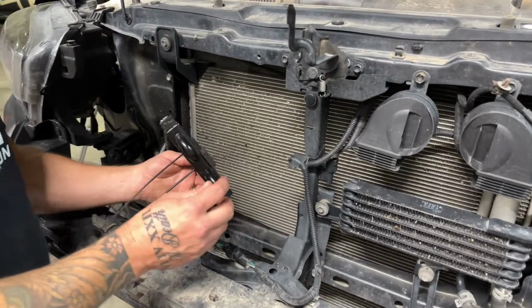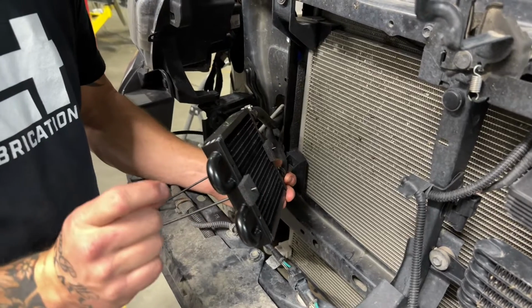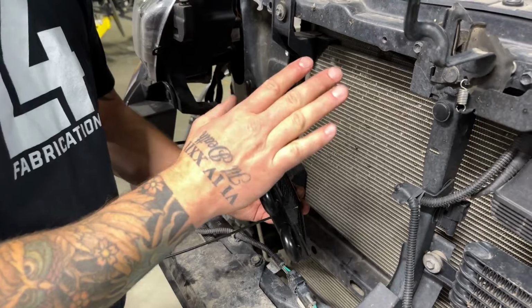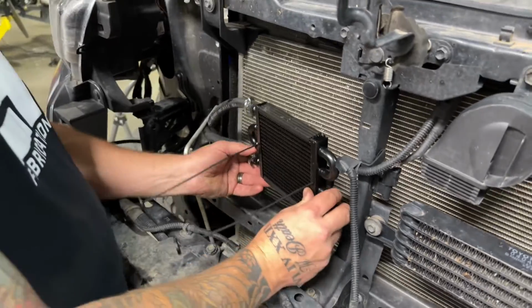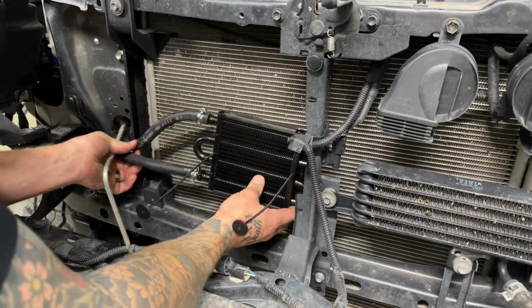All right, so when you're going to mount these, make sure that these pins are sticking through the backside, just a small amount. These are meant to be able to snap and break them off on the backside after you get it all attached. So be careful with them that you don't bend them and break them before they go through. So really, all you need to do is just line up this cooler about where you want it to